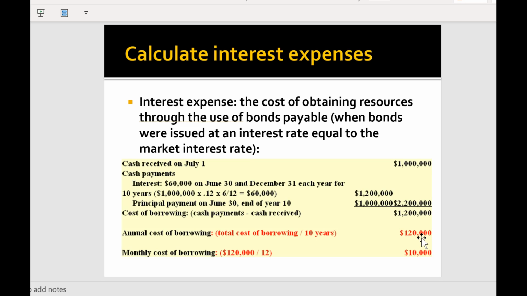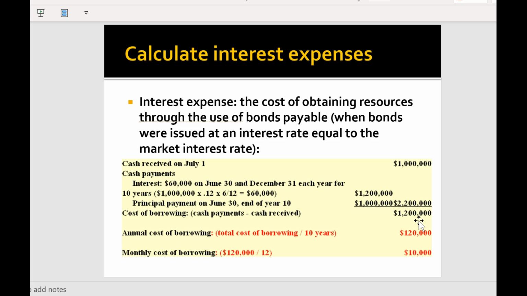If we want to drill down to the per-month borrowing cost, that's 120,000 divided by 12 months. That's $10,000 per month. You might be surprised why I'm using such a difficult way to calculate the cost of borrowing, because you would say, well, the cost of borrowing is just the 1 million multiplied by 12% per year multiplied by 10 years. That's 1.2 million. Yes, you are absolutely correct. But